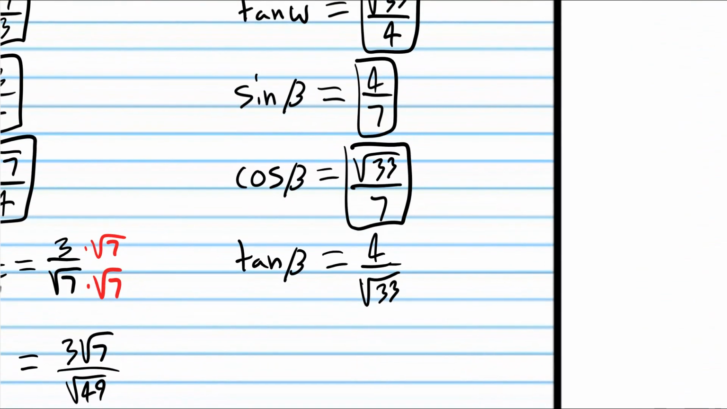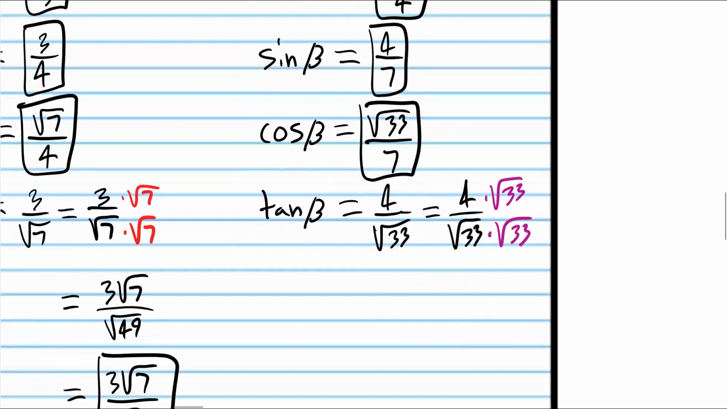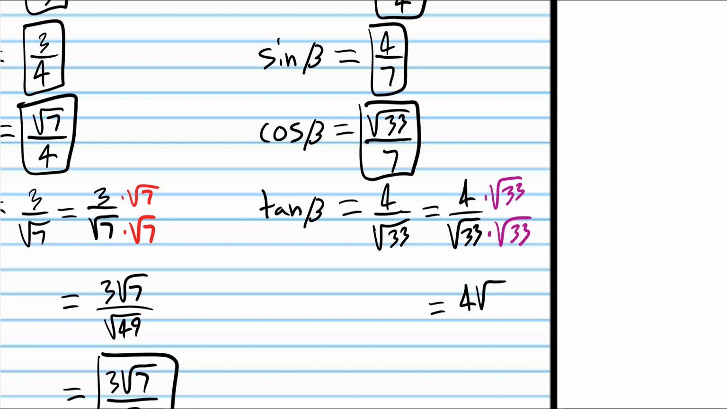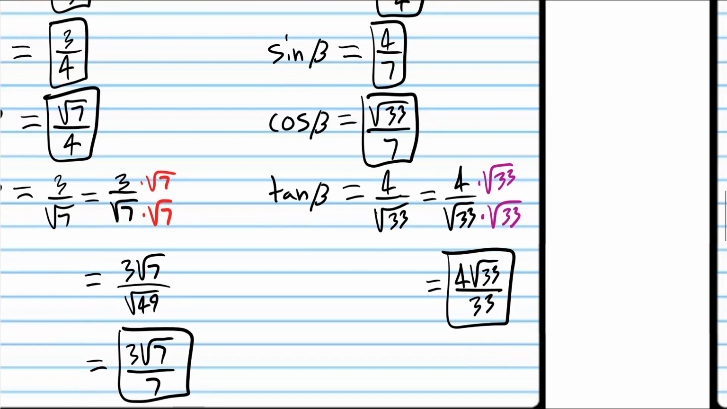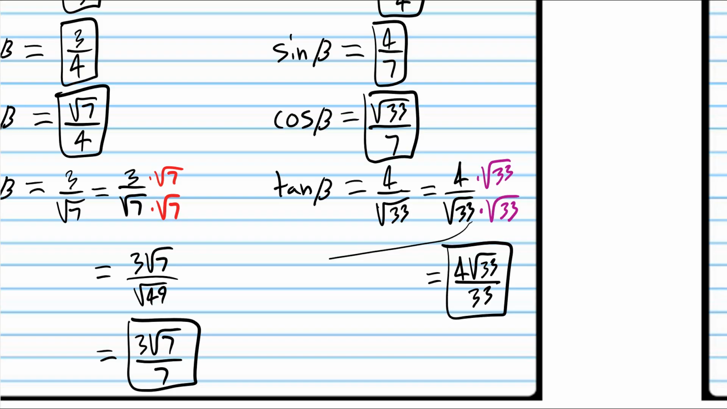And of course we have a problem here because we have a root in the denominator, so we have to get rid of that root. So we're going to multiply both sides by the square root of 33. And so we get 4 square root 33 over, and we could do the math, but we know it's just going to end up being 33. We could multiply 33 by itself, as we did with 7 here, but that would be a big number. So if you got those right,